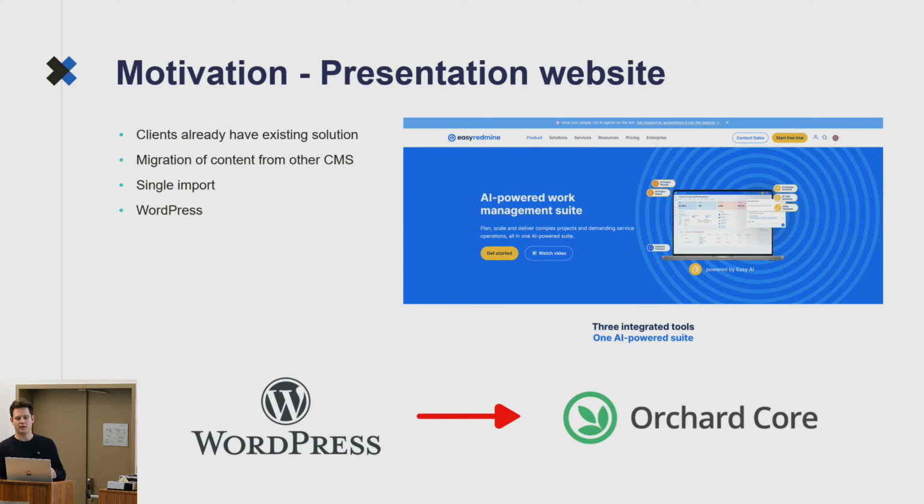The presentation website is basically in our company the same as Mark already presented with the holistic case. We have content that is stored in the Orchard Core content module, and basically all the content is managed directly in the administration. As I think our biggest presentation website, I chose Easy Redmine, which had